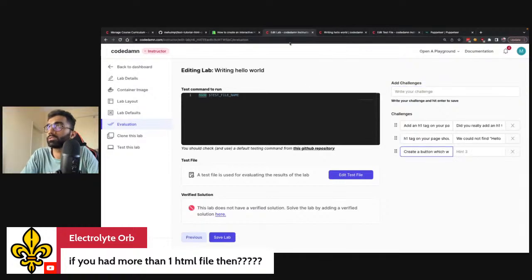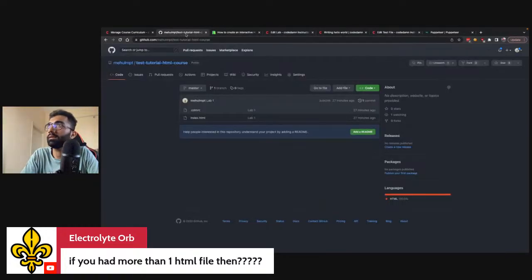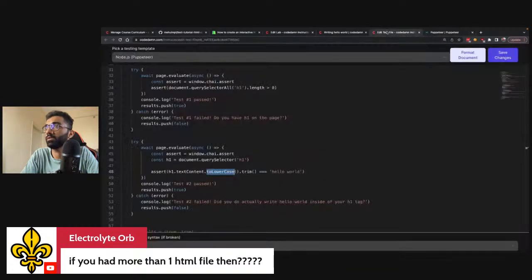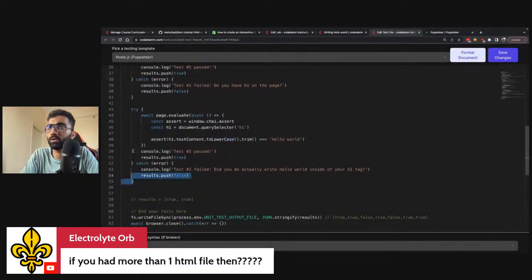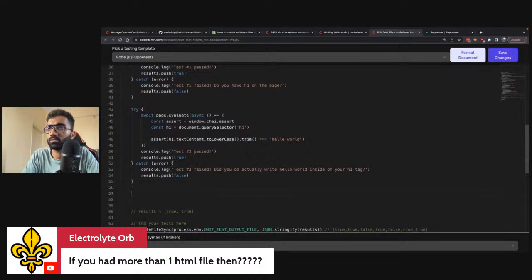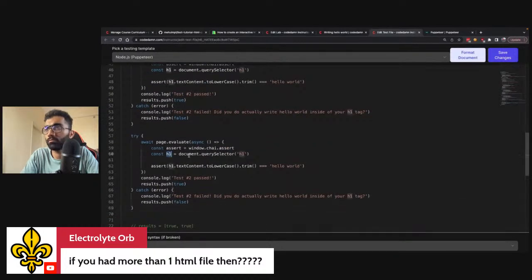Now, what you can do is inside of Puppeteer, you can create this particular interaction, right? This interaction consists of the following: if you want to get that button, you get the button like this, then you say button.click.